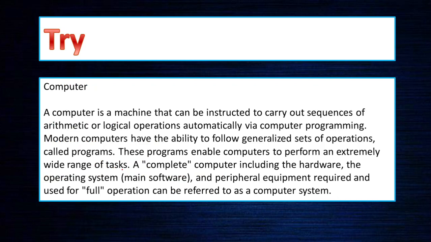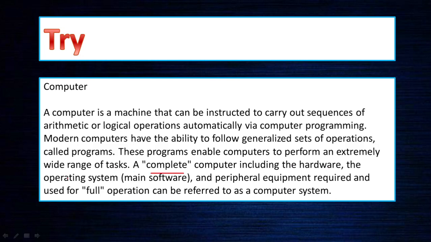So here are examples. You need to try all these things. Whatever we have learned till now, using that concept, you need to make a page. We have given a computer text here. What is a computer? A computer is a machine that can be instructed to carry out sequences of arithmetic or logical operations automatically via computer programming. Modern computers have the ability to follow generalized sets of operations called programs. These programs enable computers to perform an extremely wide range of tasks. A complete